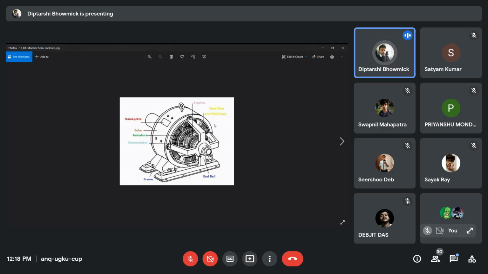Because we know that machines are either semi-enclosed or closed. So this is a semi-enclosed machine. In a semi-enclosed machine, the end frame is not a closed one. But in a closed machine, the end frame is a closed thing. Like